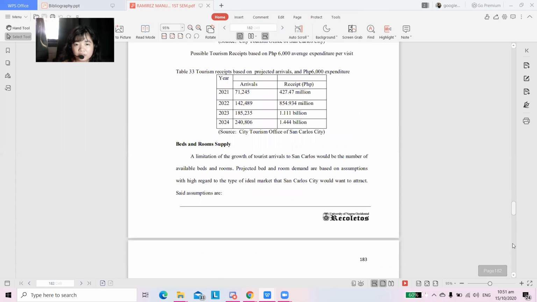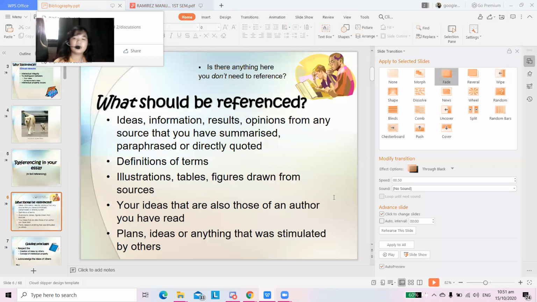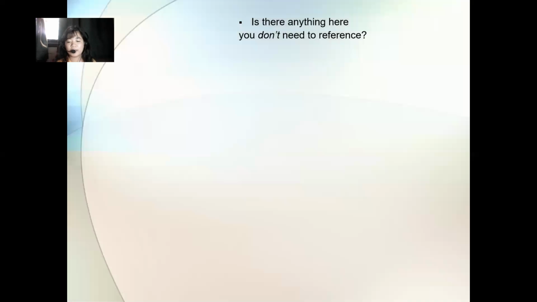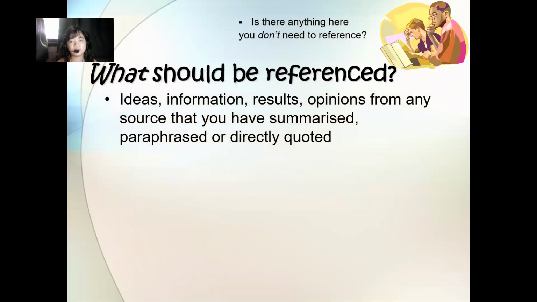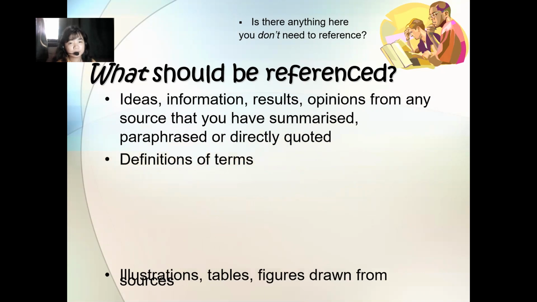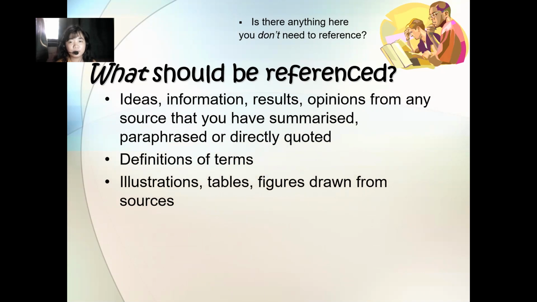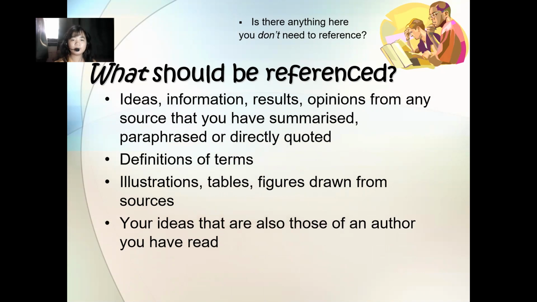Tourist arrivals, no? So, source it, every time, to let the reader know that you were not the one who made the table. Even illustrations like figures, for example a pie graph or bar graph, if you did not make it, if you got secondary data from the local government unit, you also put a source. Everything that is not yours, put a reference. Not unless it's common knowledge.